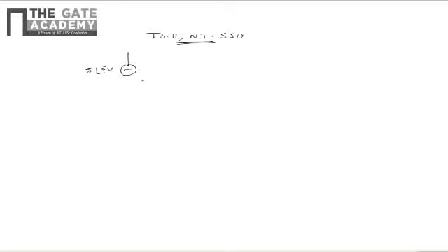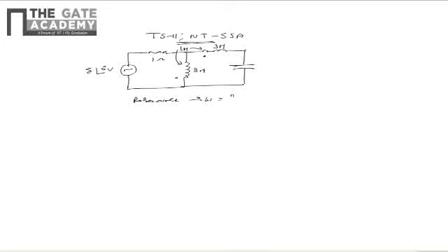The circuit takes an input of 5 at a phase of 0 degrees volts, and in series with the voltage source there is a 1 ohm resistor, and there are two 3 Henry inductors which are magnetically coupled as shown in the figure, and in the circuit there is a 2 farad capacitor as well. The dot convention of the two coils is given as shown, and the mutual inductance between these two coils is 1 Henry. From this data, if the circuit is under resonance, we need to find the angular frequency